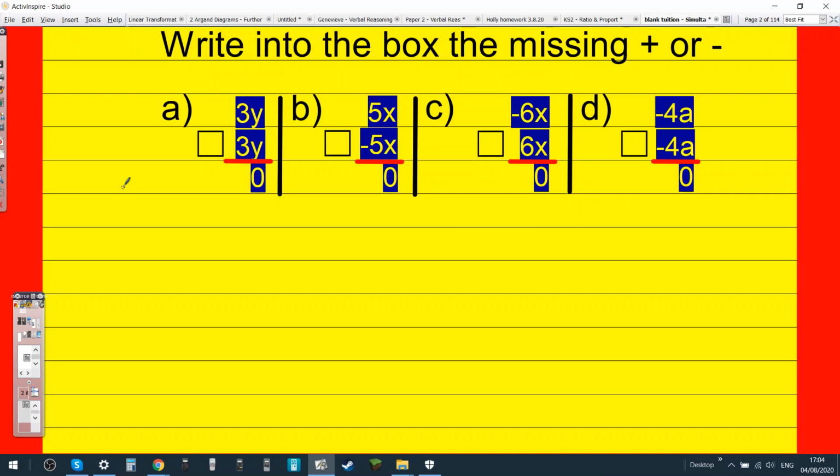Okay. Just this one. The first one would be minus. Yep. The second one would be plus. Yeah. Plus minus becomes minus. This one would also be, the third one would also be plus. Yeah. And this one is going to be